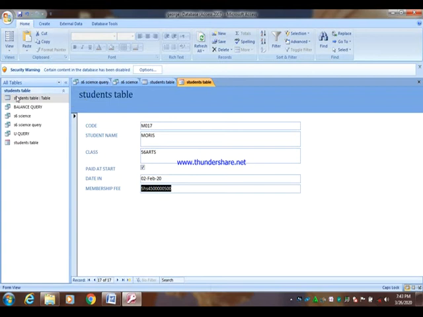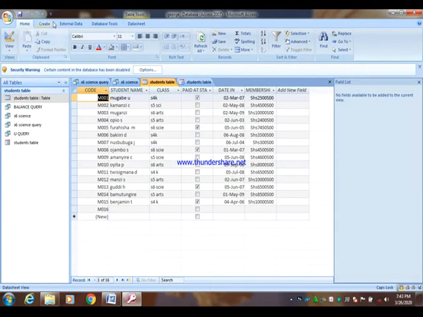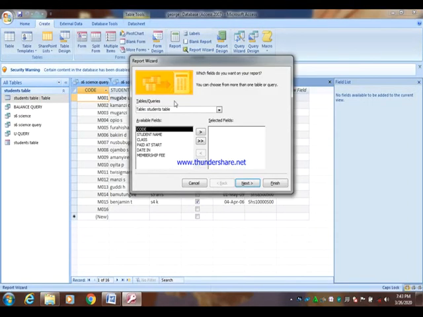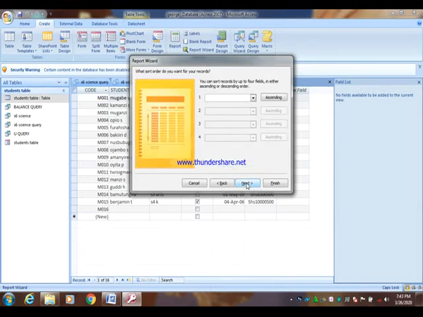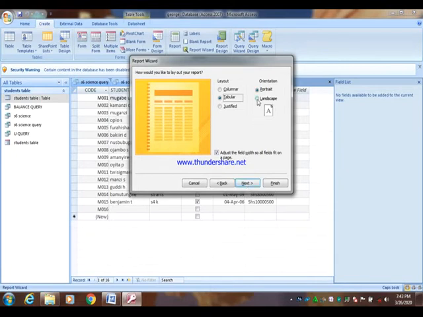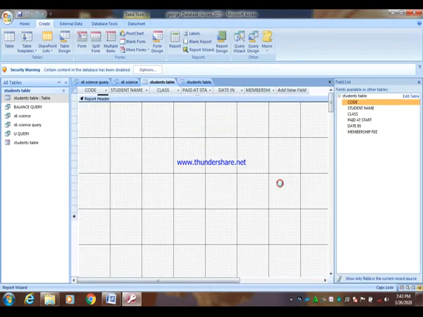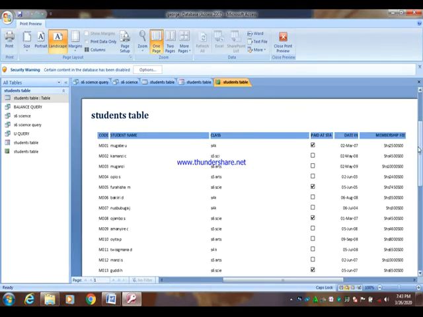If we come to a report, we say that it can enable you to view before you print out. Now let me also go and create a report here. A simple report. So the moment I go ahead and create a report, this is our report, meaning that in this view, it is just what we call a print preview. So it means that you can print.